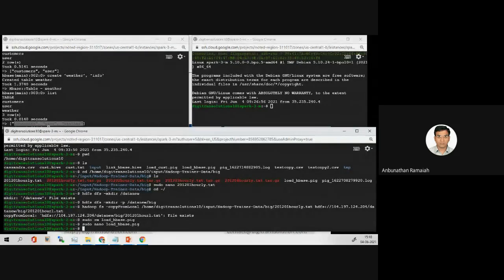To work with big data analytics, it is better if you understand Linux. So what is the next step now? Now we'll execute this. The file is already created, so now I'll execute. This is the pig command, -x local, so it takes from the local drive. Just will execute, we'll see what is happening.